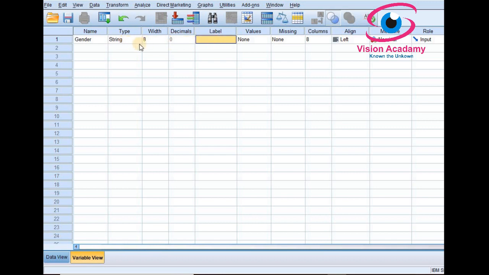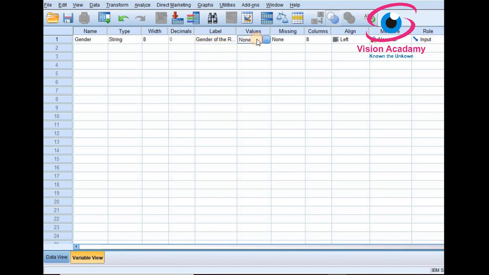And the label: in the name you can't give the full, complete title of the variable. For that there is a column called label. In this you can give the complete title of the variable. The name you give here will appear in the output of the data. After analyzing data you will receive output, and in that output it will be a title. So for the gender variable, I will give the title as gender of the respondent. Gender of the respondent is the complete title of the question, the variable.